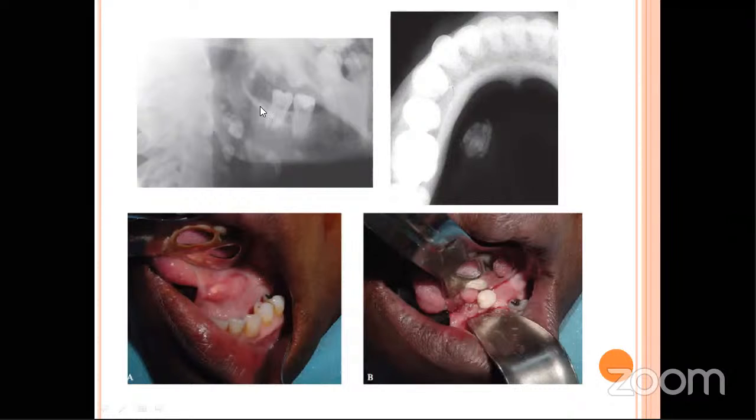picture-based question along with the scenario. Okay, so first they take an occlusal view. Its density is less than the teeth density, and then if you see the lateral oblique, you are able to see multiple radiopaque foci, and then when you operate, you are able to see some of the salivary gland calculi in the salivary gland. So if it is very small, you can actually remove it. If it is very large, you have to remove the entire gland. Okay,